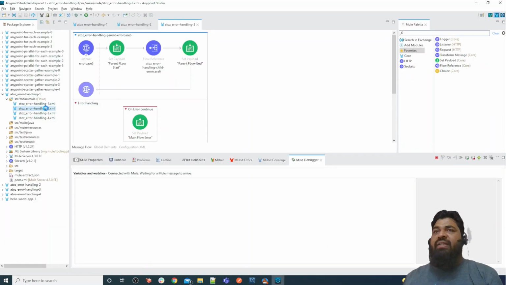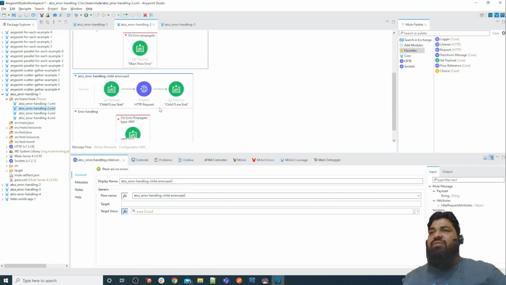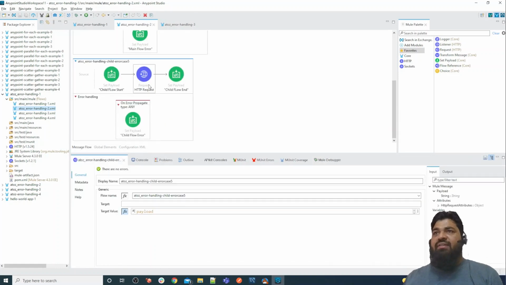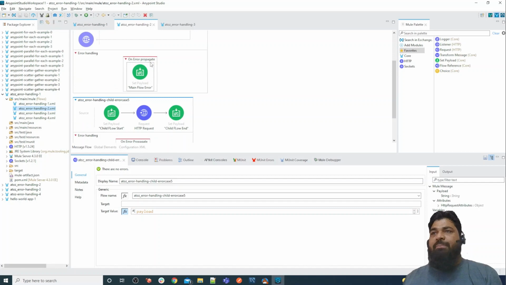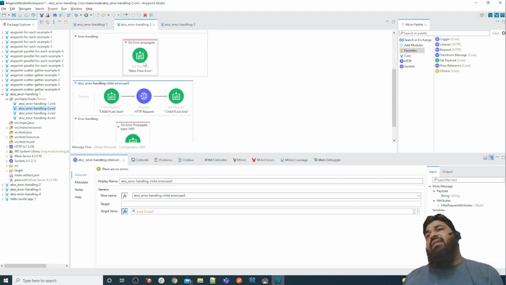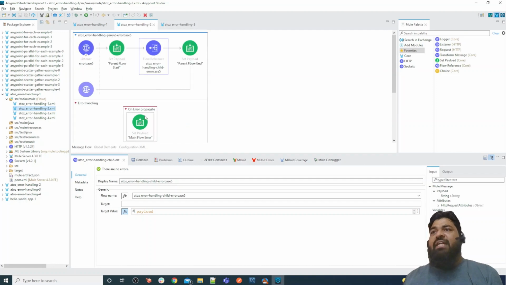So in the use case here, we can change the XML. For example, as you can see, in use case 5, we have parent and child both with on error propagate, and on error propagate at parent level. Let me change this one.